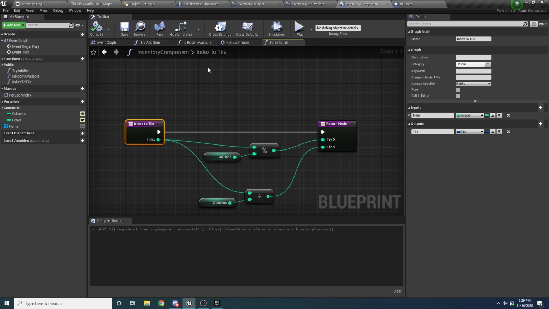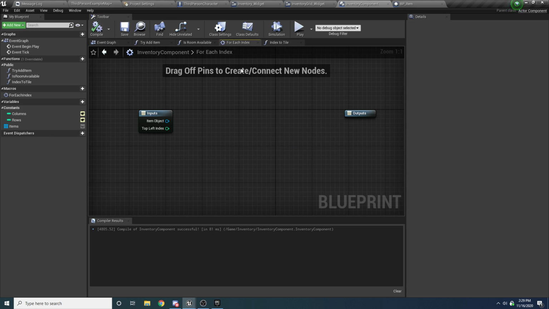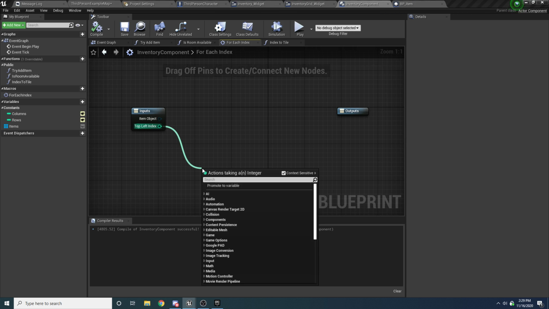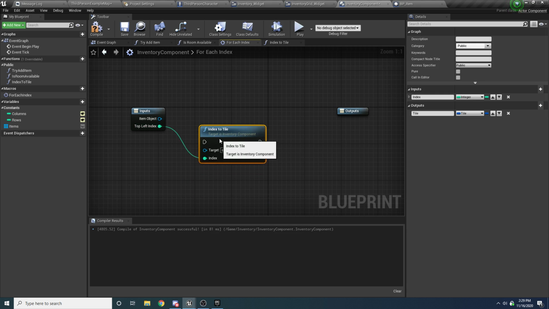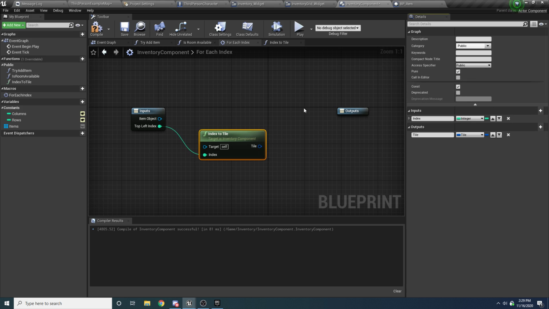Okay, so now we have that, we can come back to our for each loop, and we can get a little bit further at least. So we want to take this and we want to call our index to tile. Oh, I forgot to make it pure. So just select this and make it pure so that we don't have that annoying thing, and make it constant as well since it's constant. Okay, so tile to index,